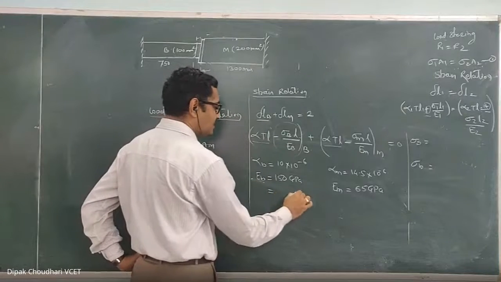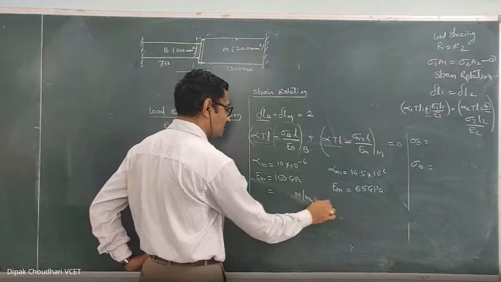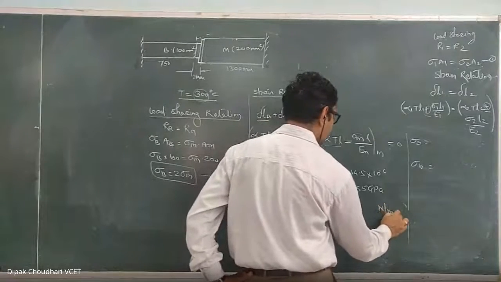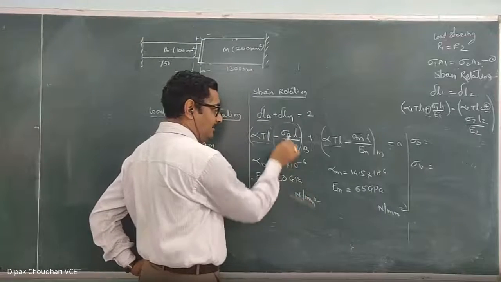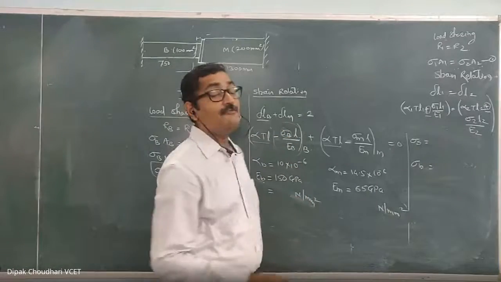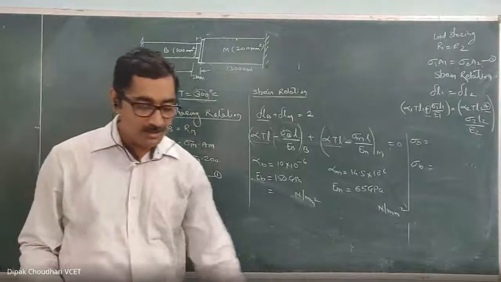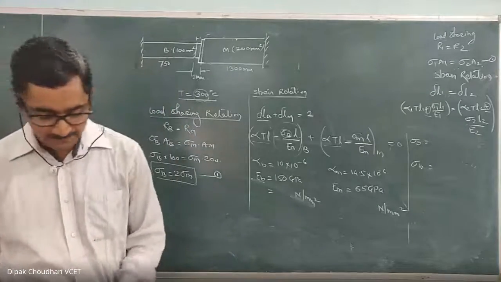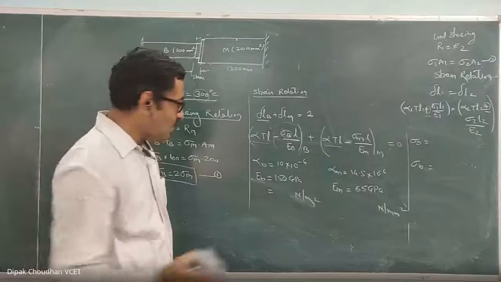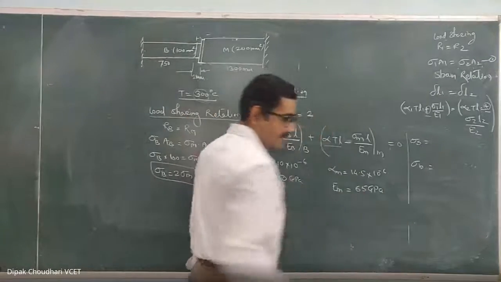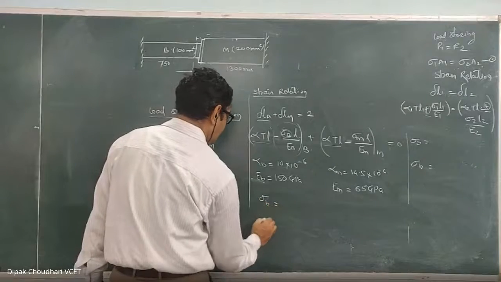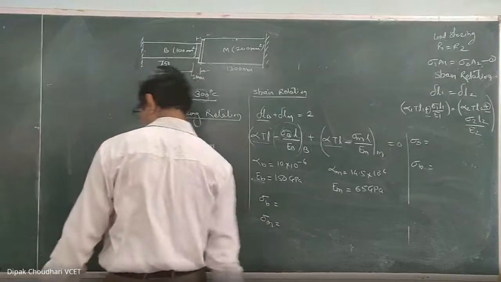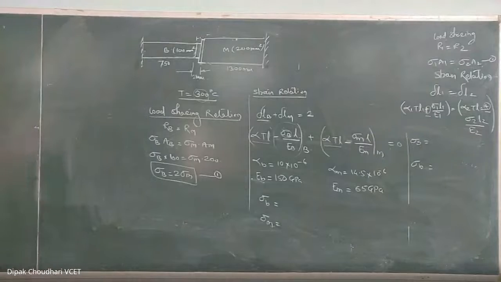Okay, so better I will tell you, convert it into Newton per millimeter square and then substitute. If you convert it into Newton per millimeter square and if the length is in millimeter, the sigma B and sigma M will be in Newton per millimeter square. Units properly. Just substitute the value and tell me the answer. I want the final answer of stress in brass and stress in magnesium. Just substitute the value in this equation and solve these two equations.